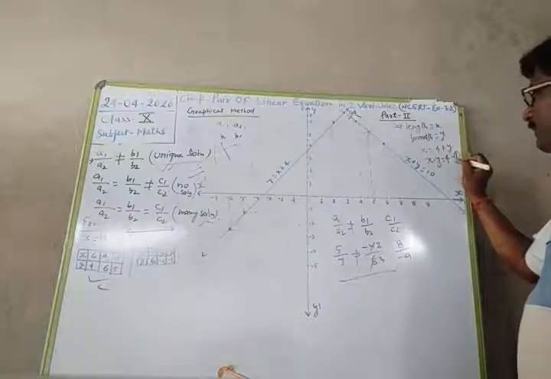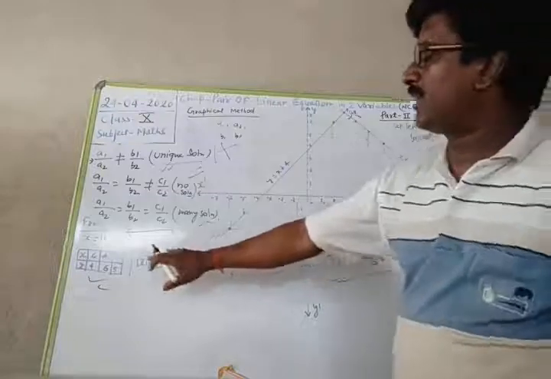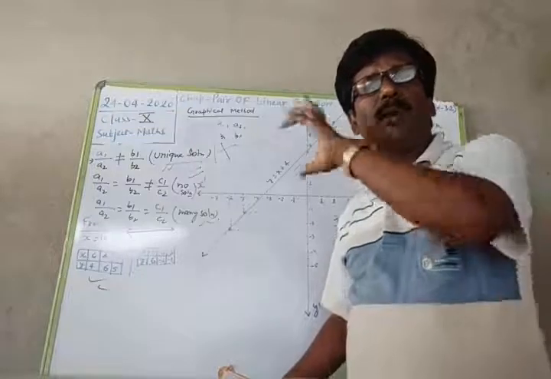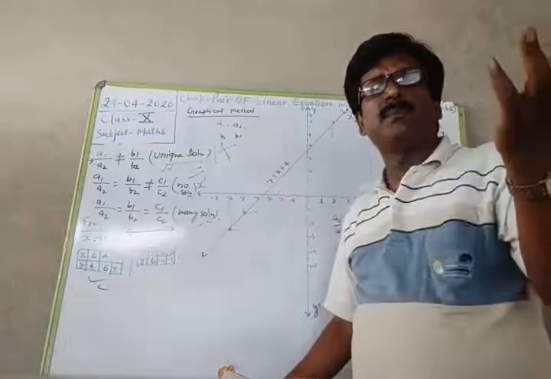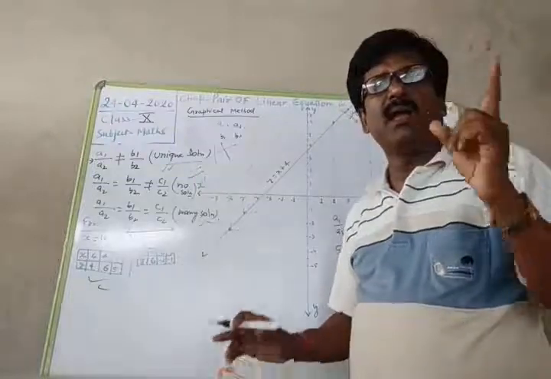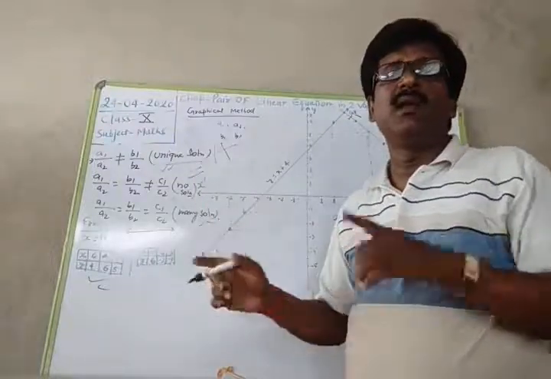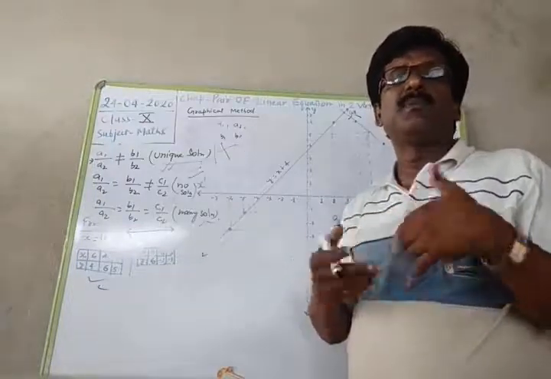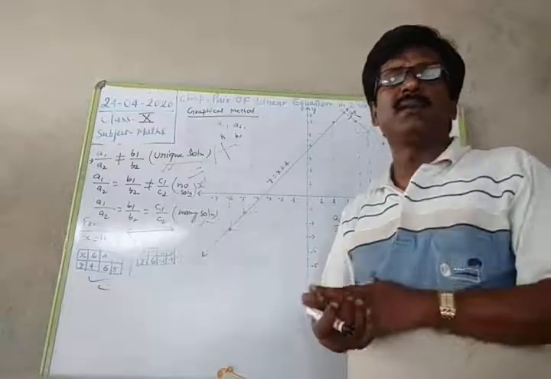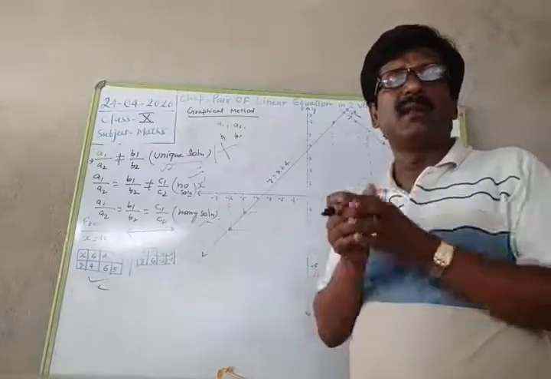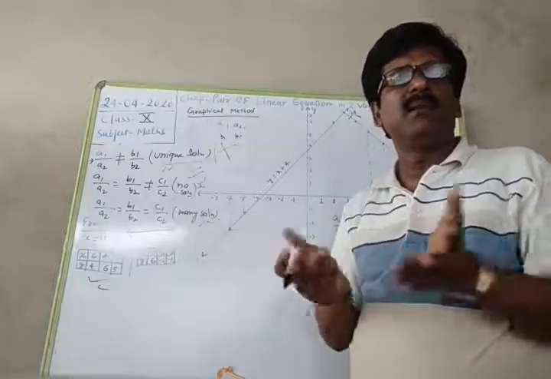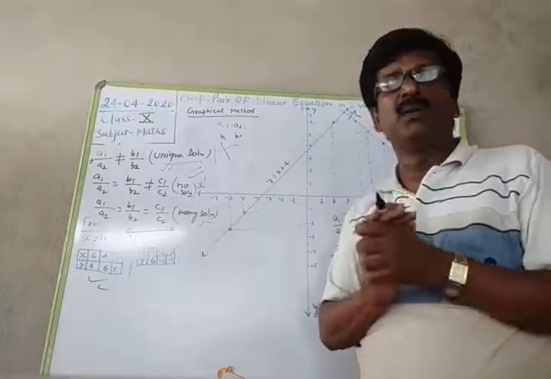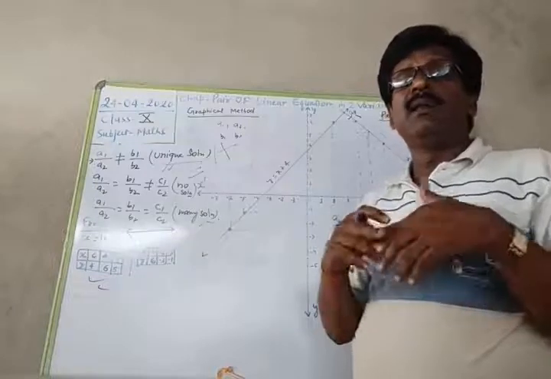From this first equation, once again we have to draw the table like this, and when we get the table, then after that we have to plot the points in the Cartesian plane. And after plotting the points, we have to draw the line, and the same things we have to do with the second table. Then after joining the points from the second table, the nature of the graph we can justify. Out of the three cases, you will get either intersecting lines, coincident lines, or parallel lines. If parallel lines, it means it has no solution. If intersecting lines, it means it has a unique solution. If the lines are coincident, it means it has many solutions.